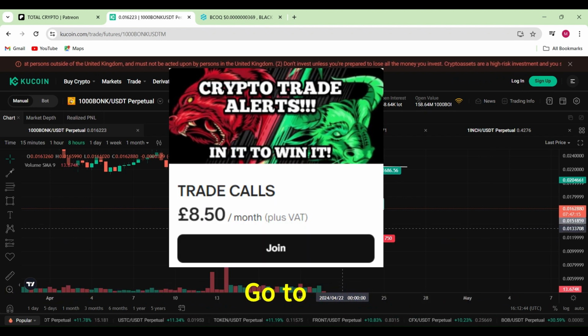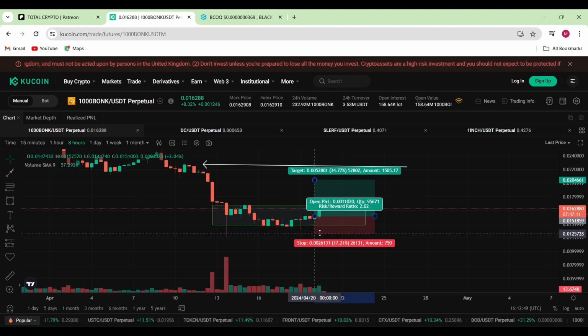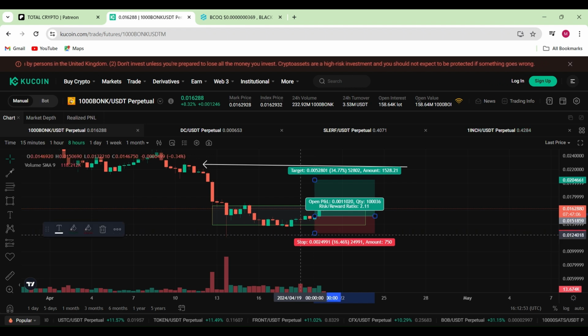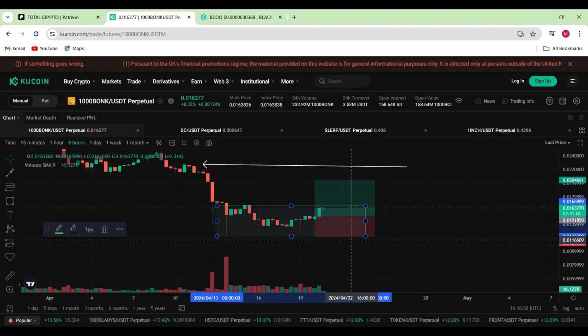I might do a little bit more only because I've got a bit more of an appetite for this trade, which means I can go in a bit more. I do see a wick over here as well, so I definitely want to pull that back a little bit more, guys. We just need to sit tight and see what happens